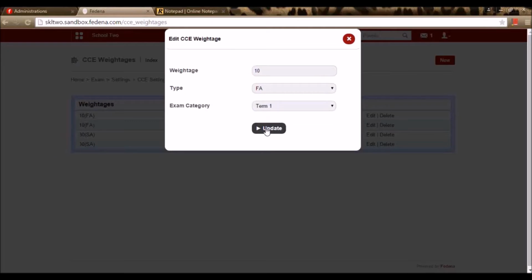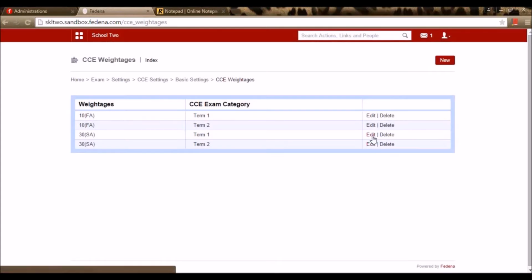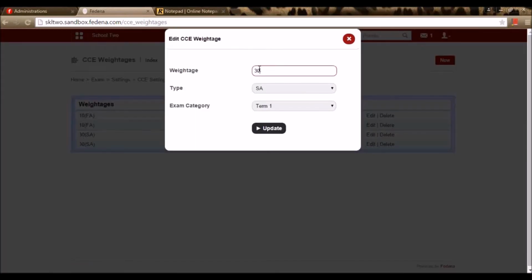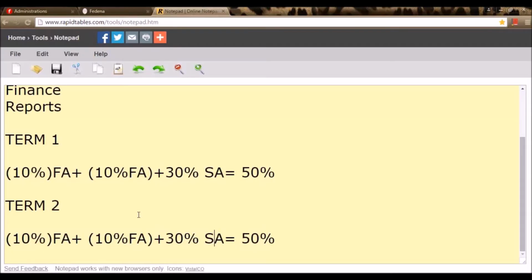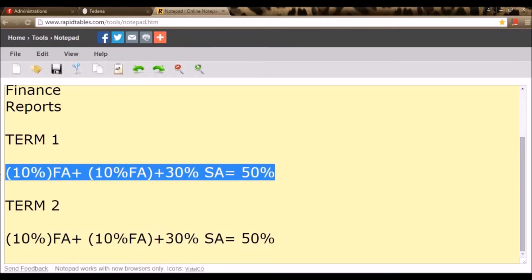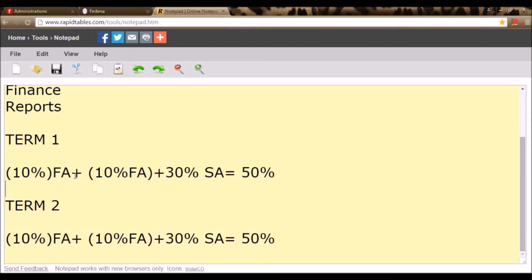So the first term I've created this, and I have also created another weightage criteria to be 30 for the type SA for the same term. We need to remember that in FEDINA we do not have to create FAs twice. For one particular exam category, FAs can be created once and SAs can be created once.